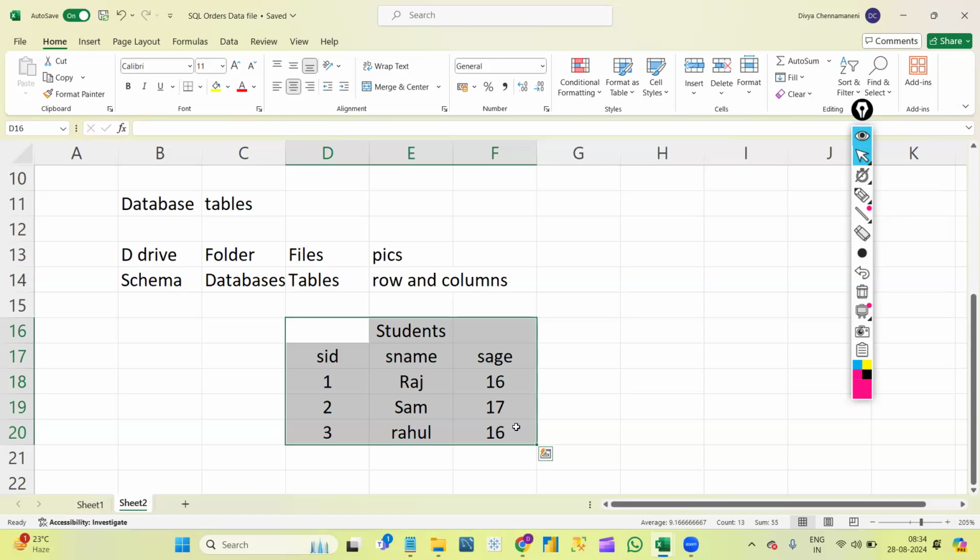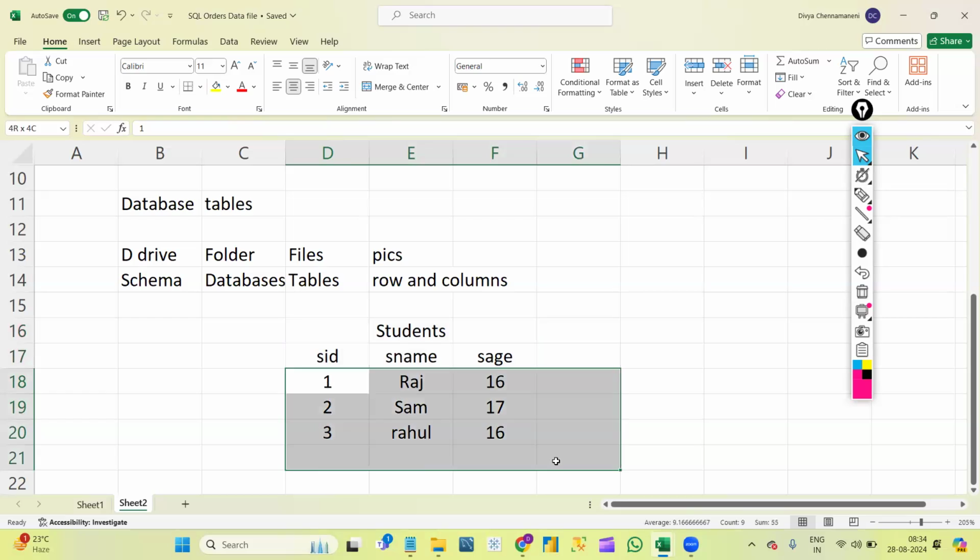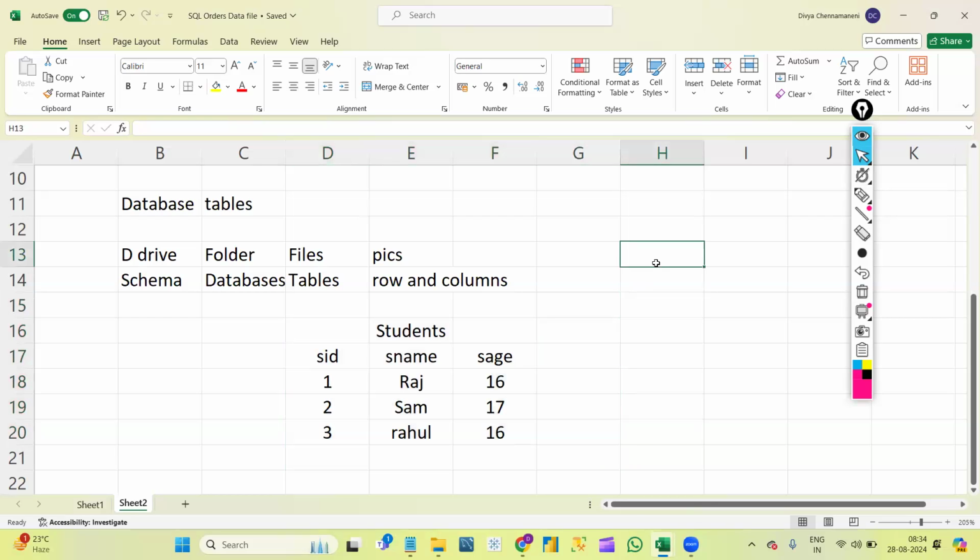Here I am creating only 3 rows, but as we work with big data, some tables may have huge data, like thousands of rows, lakhs of rows and columns.